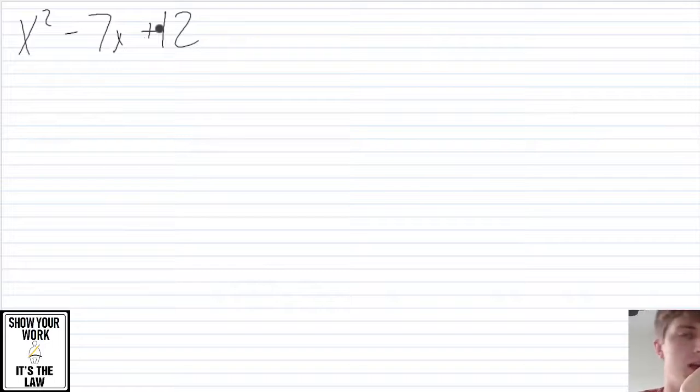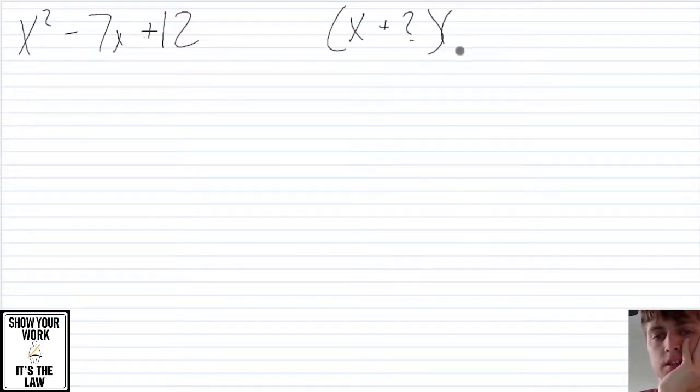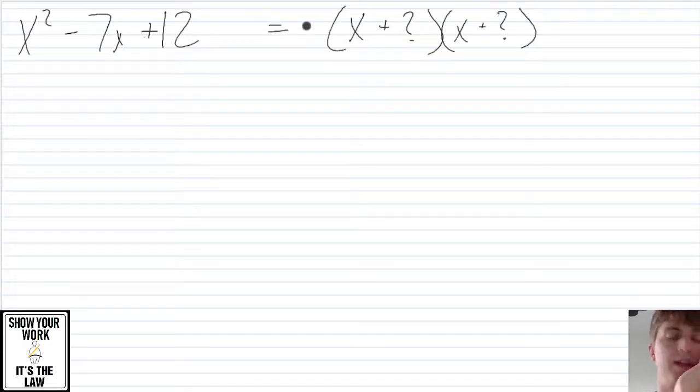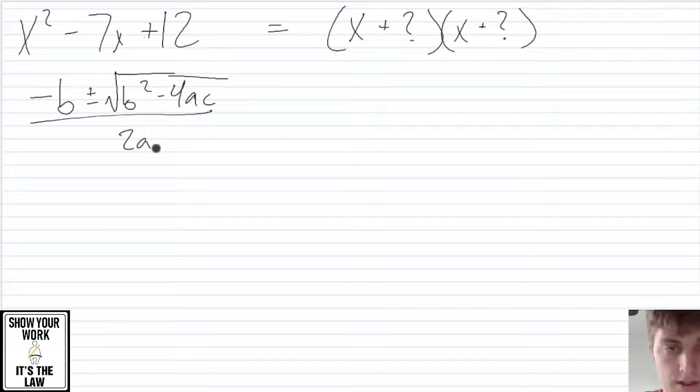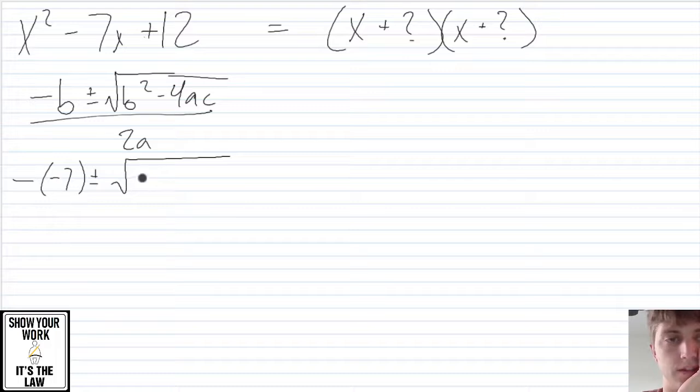All right, let's use another trinomial we had before. And remember, the goal is to figure out x plus what times x plus what is going to equal this trinomial. All right, that's the whole point of this. Okay, so we have our tool. We have the quadratic equation, which is negative b plus minus the square root of b squared minus 4ac divided by 2a. And we want to do substitutions, and we need to remember what each letter asks. B asks, what's the coefficient on x? Negative 7 plus minus the square root of